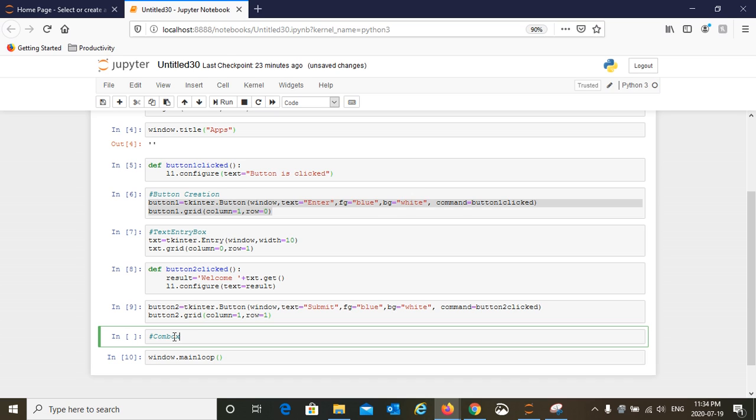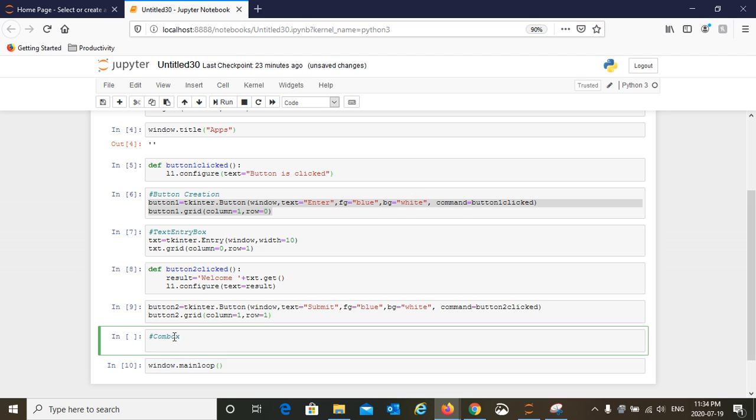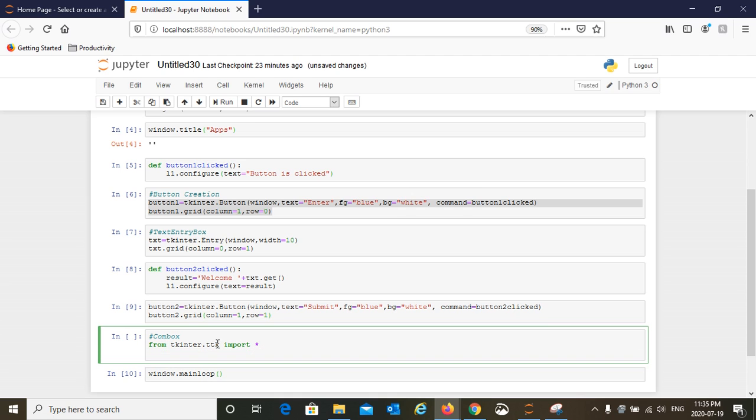Don't recall it? No worries. You are going to just create one combo box, so you will see yourself. So you're going to import from tkinter.ttk, import everything from there, and then now you're going to create the combo box.